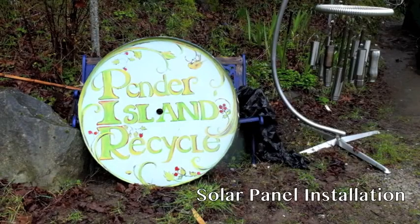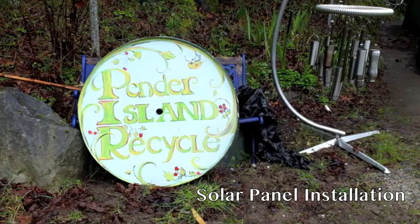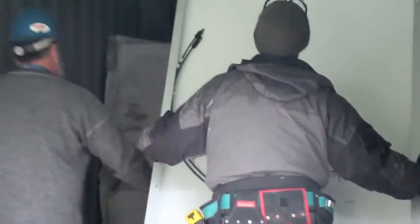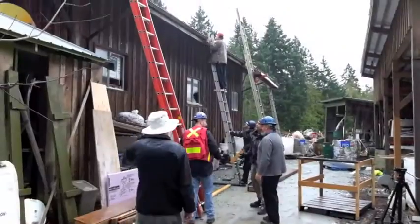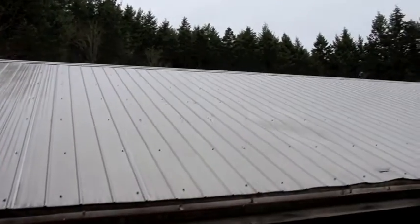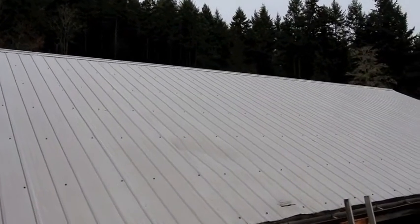Last summer or thereabouts, we've had lots of talking on Pender Island about alternative energies, and Zora's brought lots of people over to talk about it, and it just didn't seem that we were getting beyond the talking stage. So I thought about it, and it looked like an interesting project to do, so I just handpicked a few guys that I knew who might be interested in helping out. We had a meeting, and everybody was pretty gung-ho,